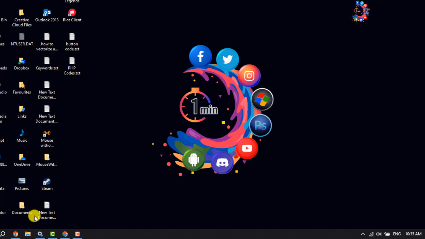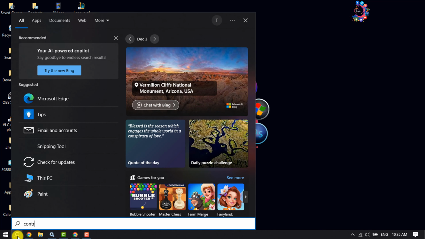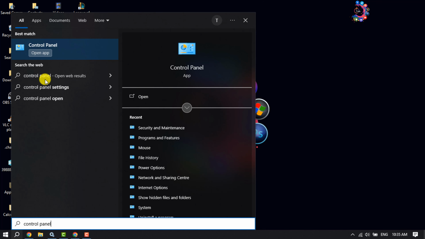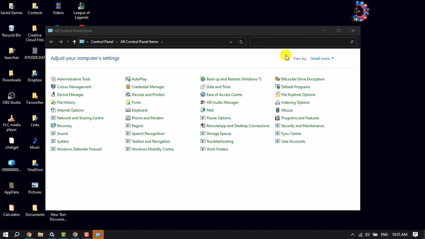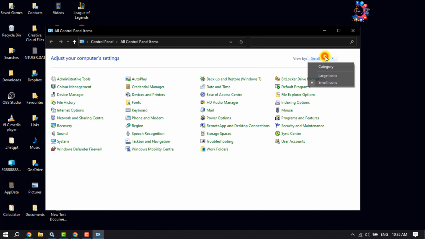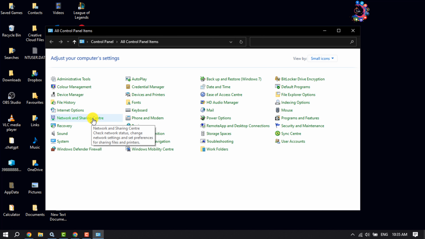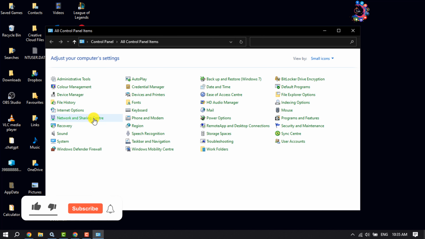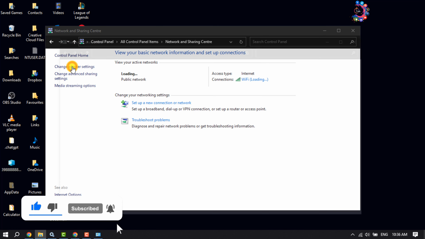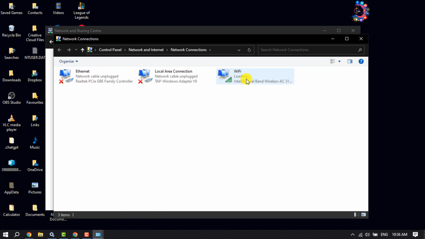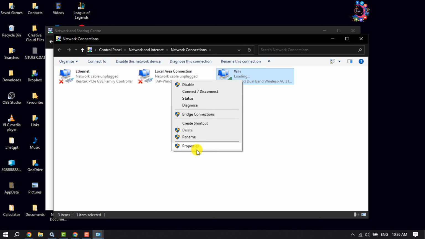To do that, click on the search icon and type here control panel and open the control panel app, and here click on view by and select small icons, and then click on network and sharing center and click on change adapter settings, and here you'll get Wi-Fi. Right click on it and click on properties,